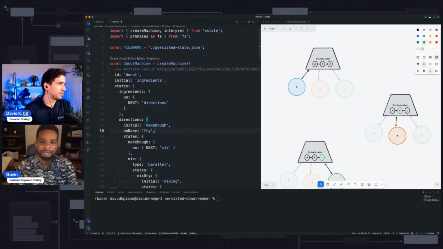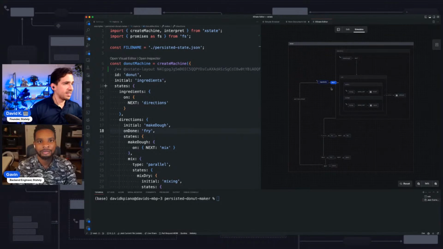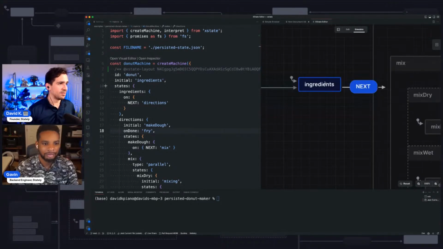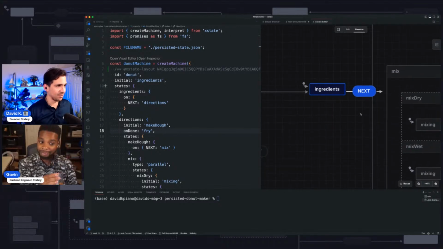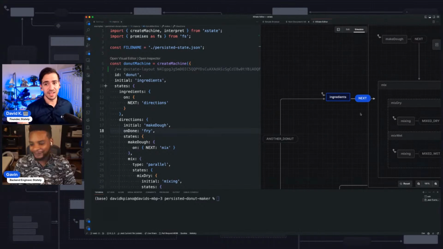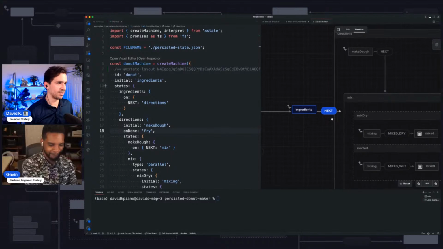I have this example over here, and I'm just going to open the visual editor. This is a donut example. Whoa, zoomed in pretty far here. Now, what about donuts are stateful? Well, this is making a donut. I'm not saying that making a donut takes longer than 15 minutes. Maybe it does, I have no idea. But